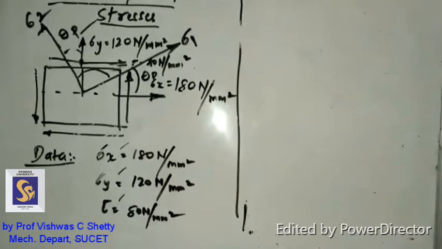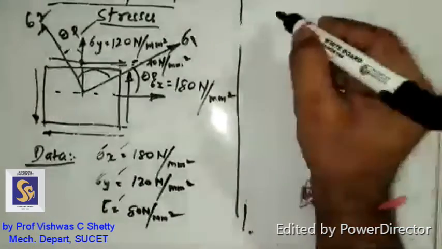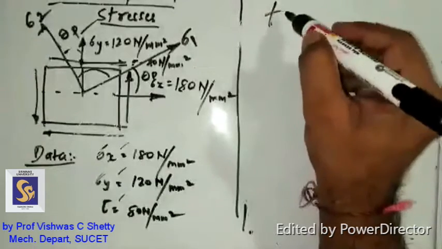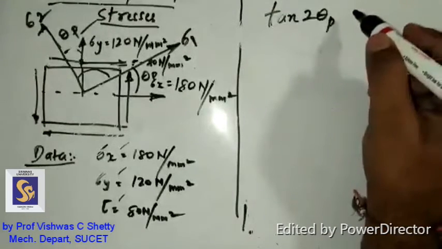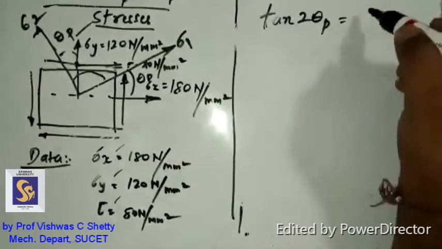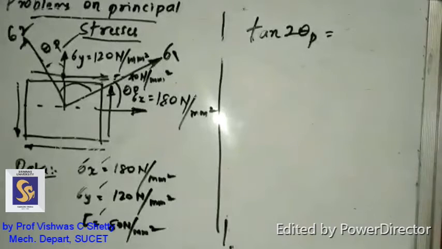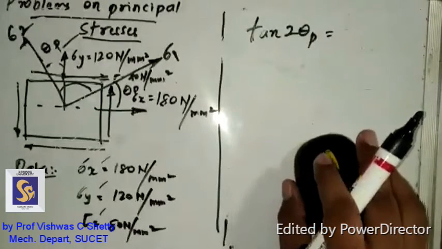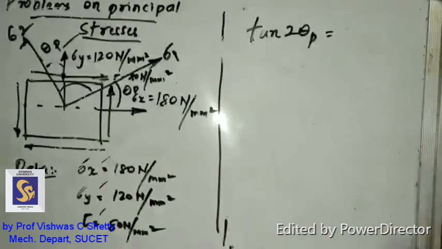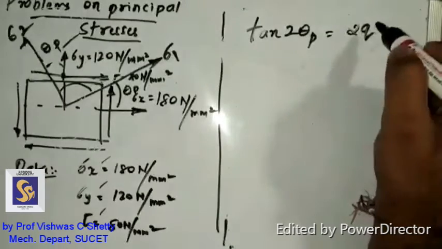After calculating sigma 1 and sigma 2, or in terms of sigma x and sigma y, if you want to calculate tan 2 theta p, it equals...